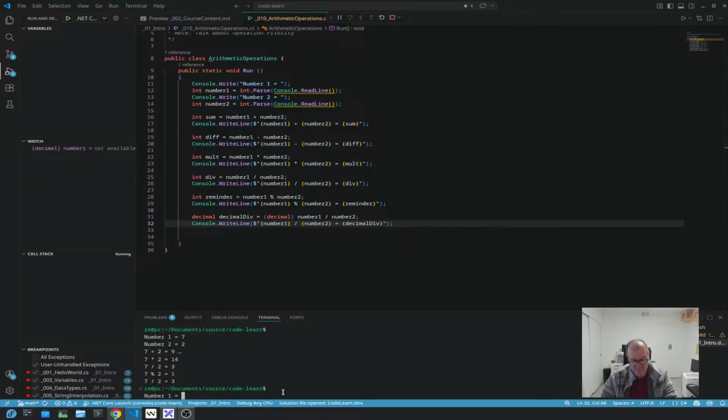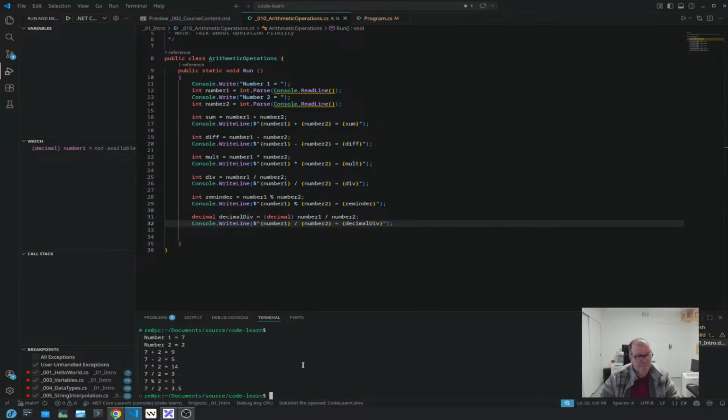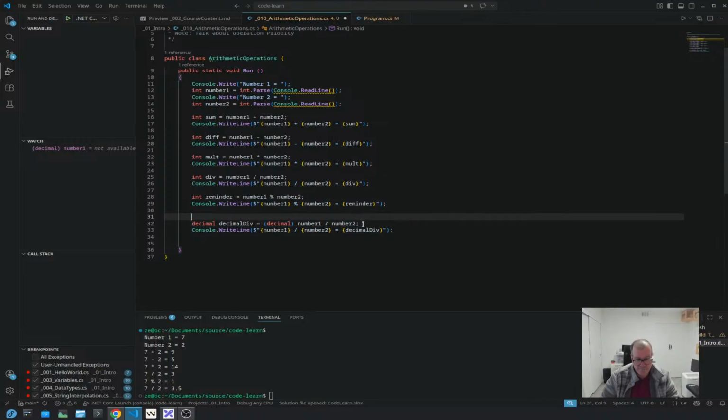And then let's put the same, 7 divided by 2. So it's very important that you understand this. For decimal division, one of the operands must be of a decimal type. Could be decimal, could be float, and what is the other one? I forgot now. Come on, Jose, what is going on? Decimal, float, and